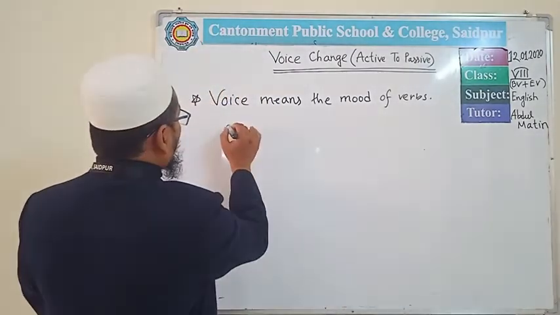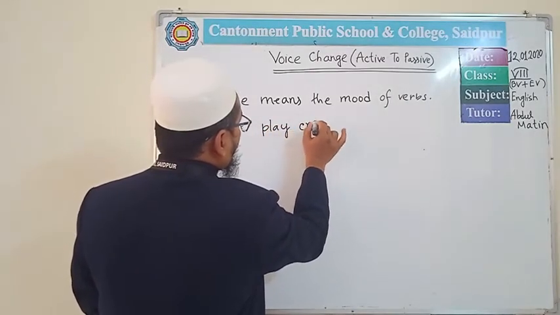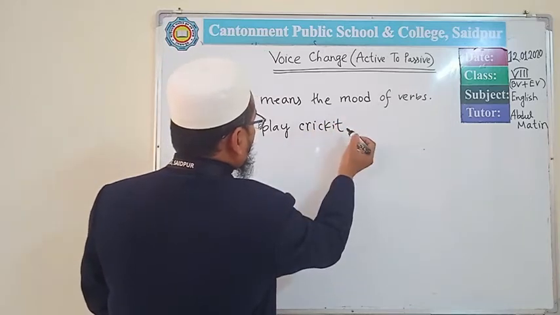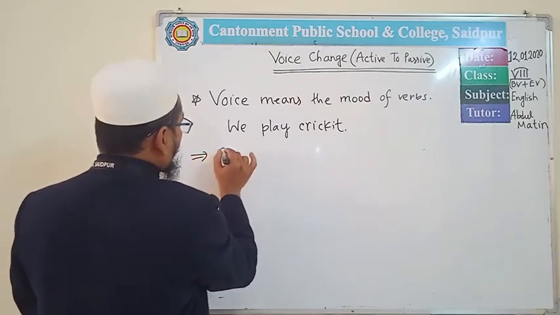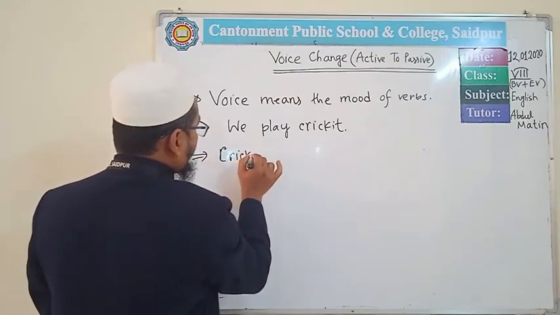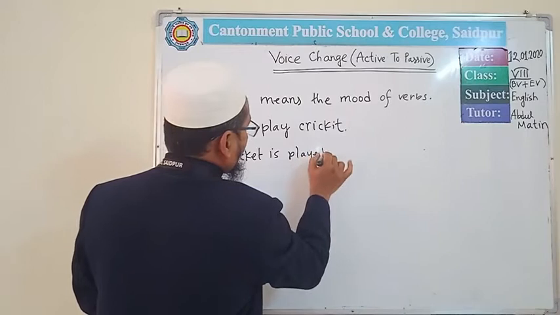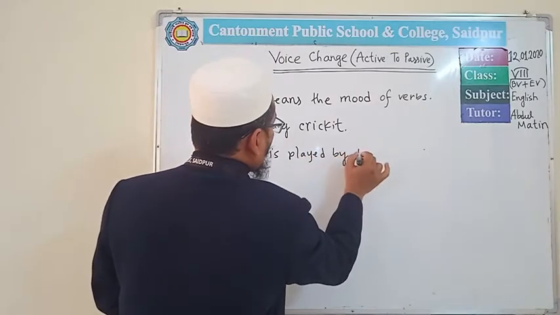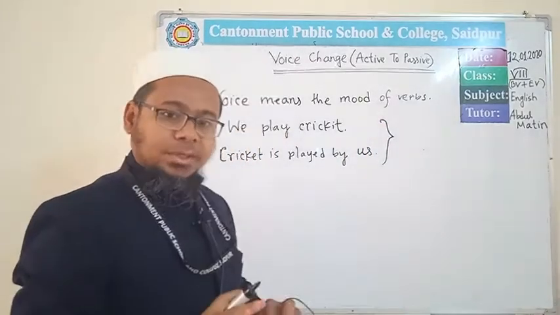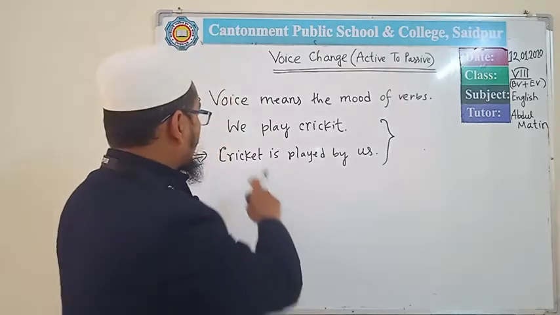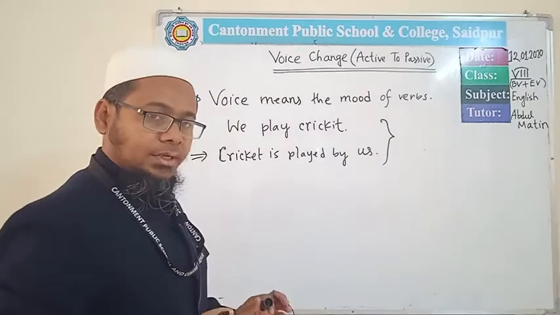First one, we play cricket. And in another way it can be written, cricket is played by us. Of these two sentences, the meaning is the same, you know. Here we play cricket and here cricket is played by us. The meaning is same, but